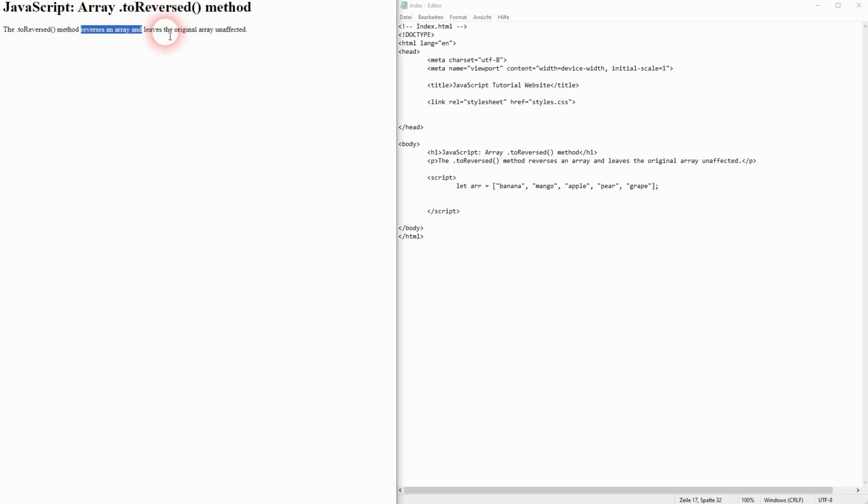We'll print out our array here, a couple of fruits, banana to grape. And if we now apply the reverse method to it, it's going to get reversed. So instead of starting with banana, it ends with banana and starts with grape. So everything that's here in the end gets put to the start. Now if you print out the ARR array again,